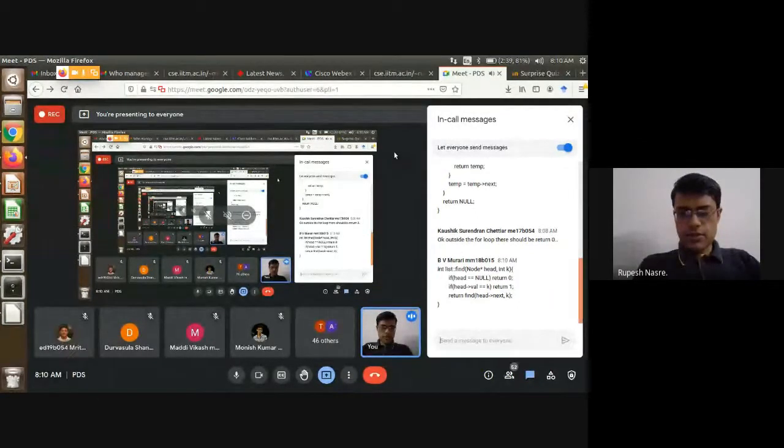If head equals null, return 0. If head arrow val equals k, return 1. Otherwise, return find of head arrow next, k. That seems to be all right. Yes, that is correct.